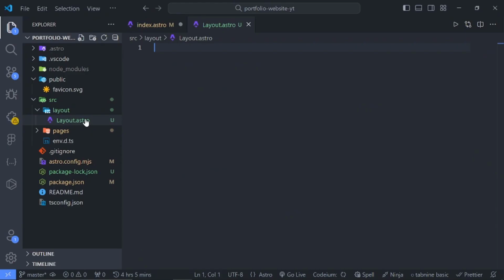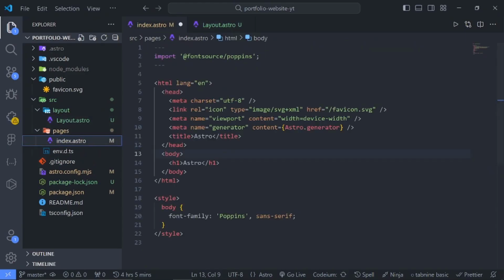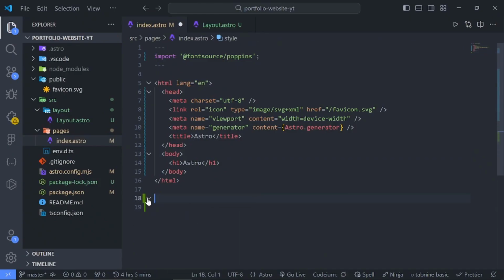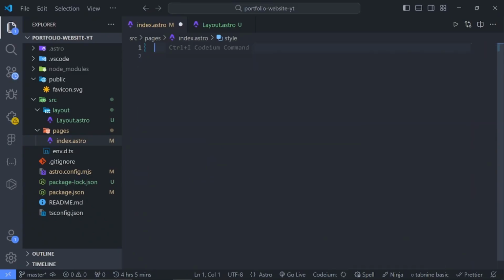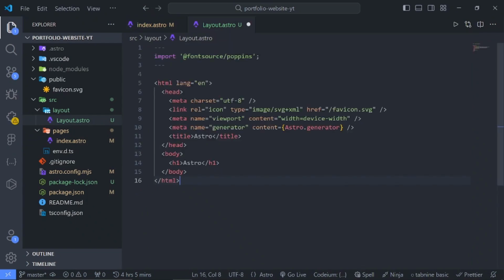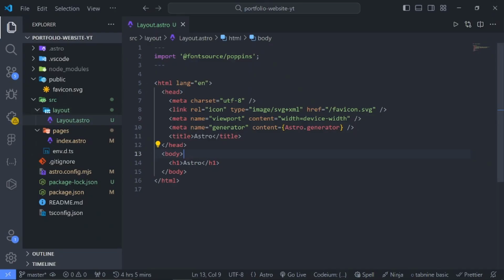And inside this layout.astro file, I can now come to the index file, and for now we don't need this anymore. I can just cut everything right here and I will paste it in the layout.astro file and save it. And now if I close this, we won't see anything right here because now we need to inject this index